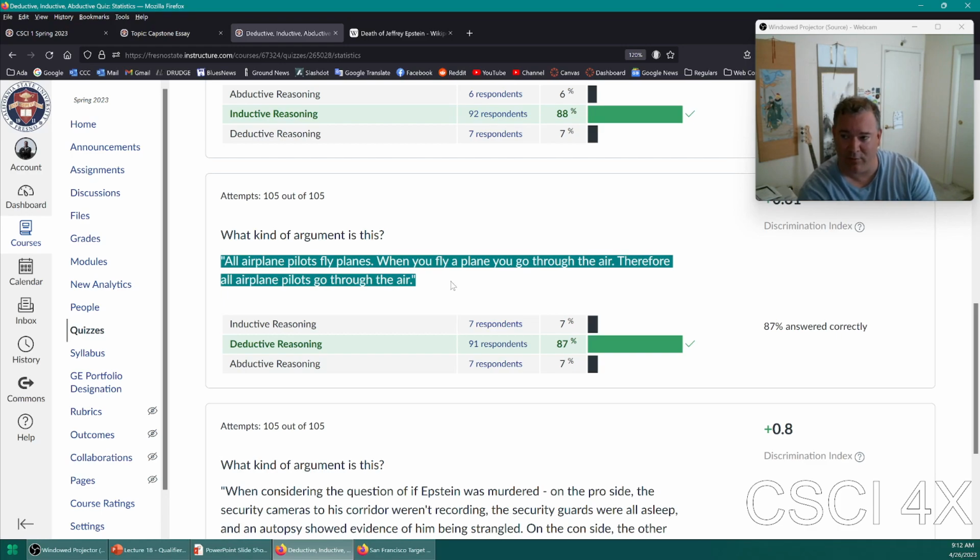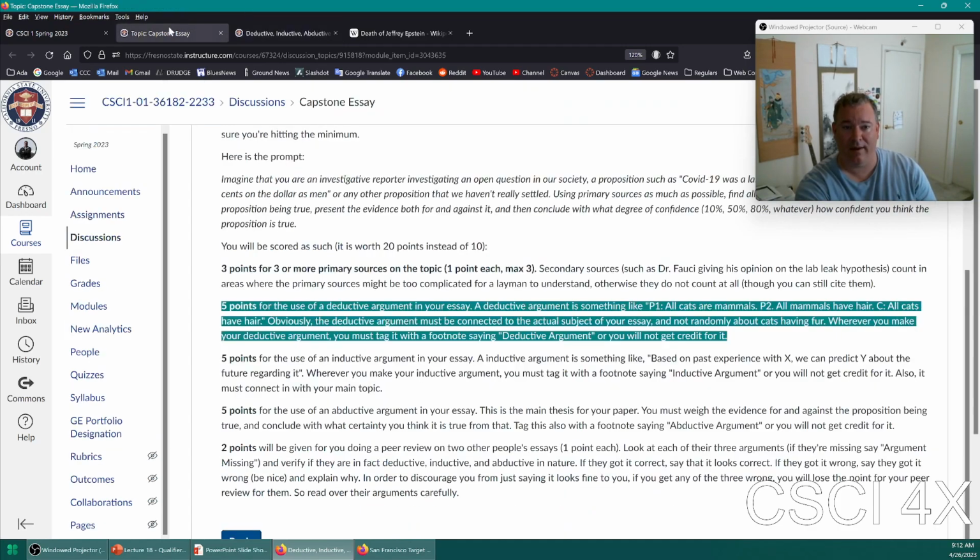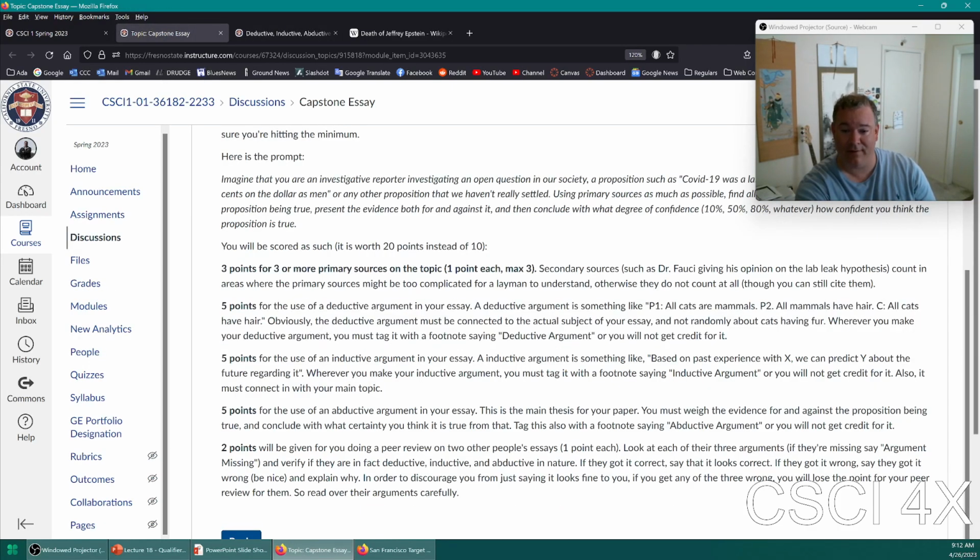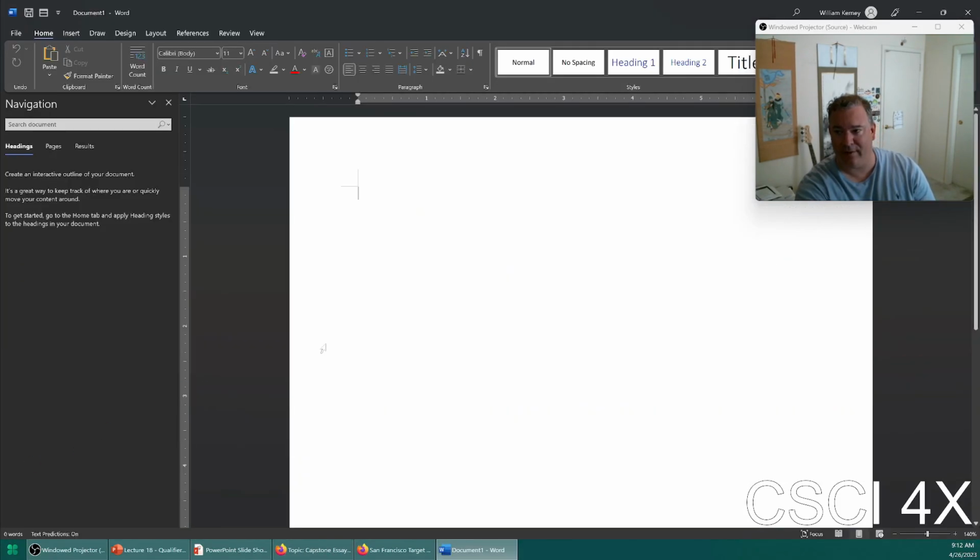That is the reasoning we've been using in the beginning part of this class. When you do so in your essay, you must tag it with a footnote saying deductive argument, or you will not get credit for it. And every semester, students forget to do this, and